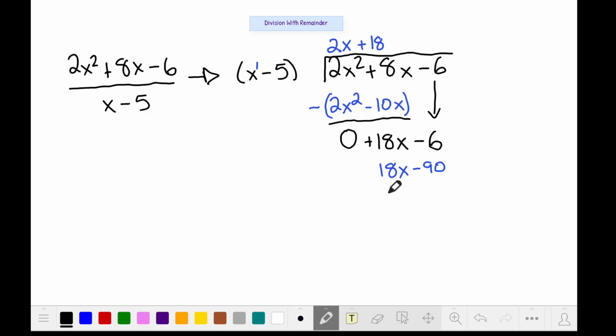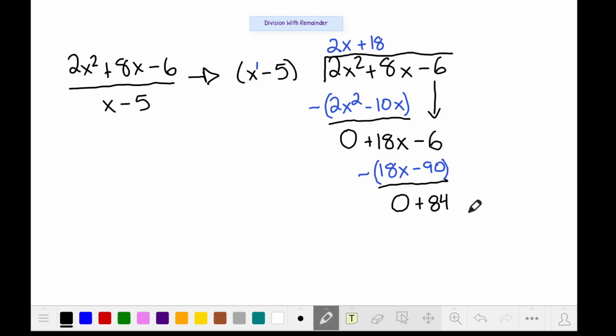All right. And now we have the next two terms to work out. Oh, sorry, I almost forgot. We need the blue brackets with a minus sign in front to remind us that the negative sign's affecting everything on the inside. So we have 18x minus 18x, and we've got a 0. You should always have a 0 as your first term. That lets you know that you did it right. And then we're going to have minus 6 minus 90. So that minus 90 turns into a positive 90, and we're subtracting 6 from it. So 90 minus 6 sounds a little nicer than minus 6 minus 90, but it's the same thing. 90 minus 6 will give us